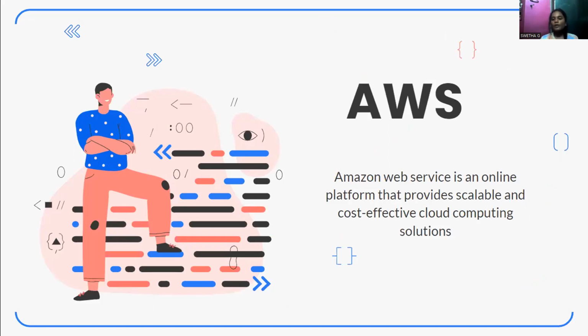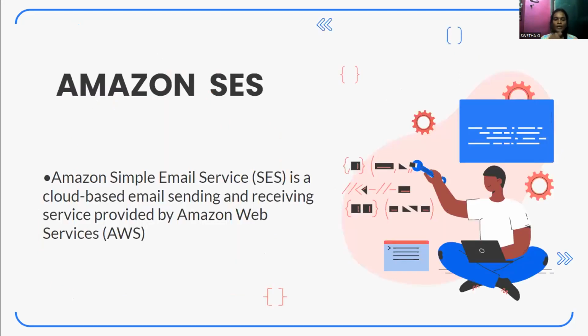AWS, Amazon Simple Email Services. AWS is the online platform that provides a scalable and cost-effective cloud computing solution. It also provides on-demand platforms like database storage, cloud computing, etc. Amazon Simple Email Services is a cloud-based email sending and receiving service provided by Amazon Web Services, and it is